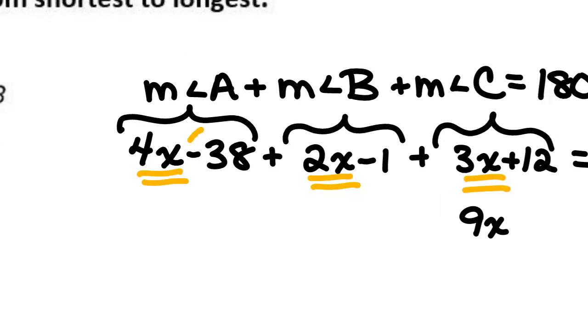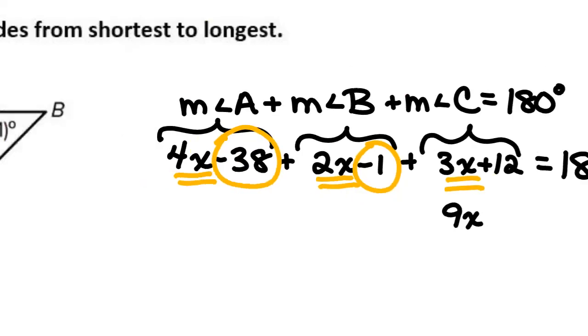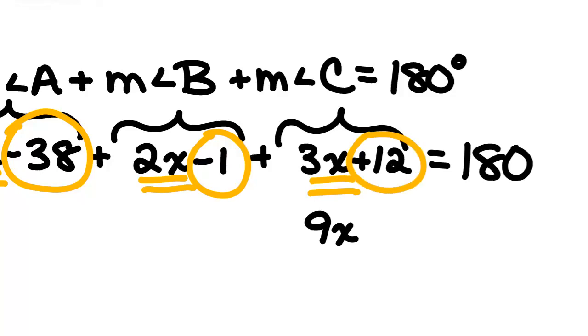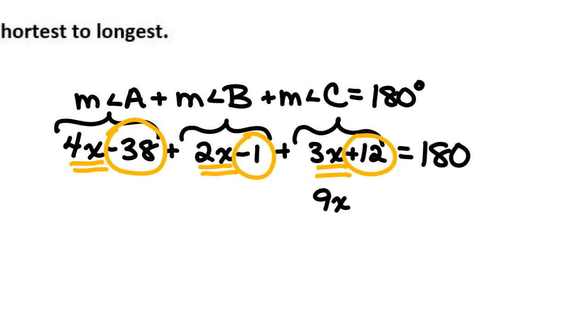So I have minus 38, I have minus 1, and I have plus 12. What would that combine to give me? Minus 38, minus 1, and plus 12. Close. Negative 27